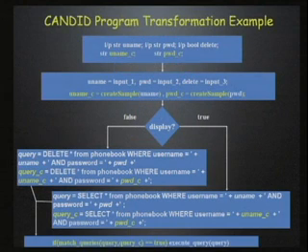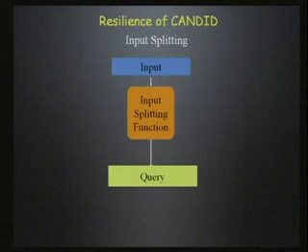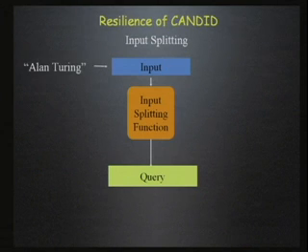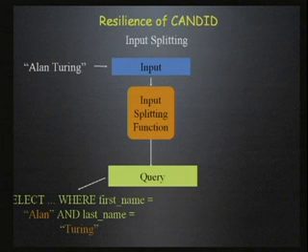So we've seen the basic idea behind CANDID, and now I want to give a couple of examples that show that the technique is remarkably resilient in several practical situations. So let's look at an input splitting function. What this application does is take a string like Alan Turing, and